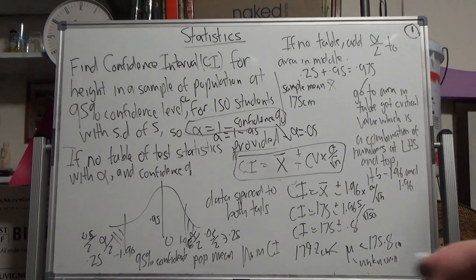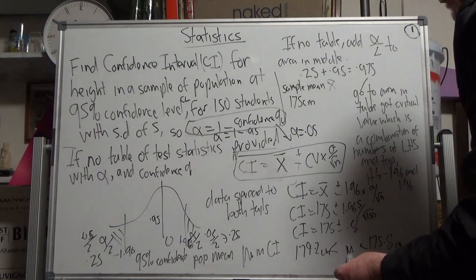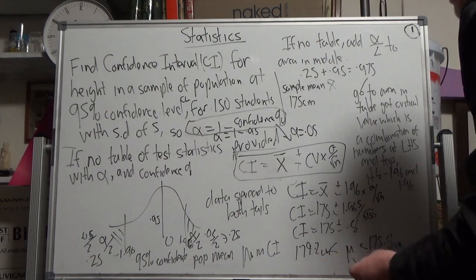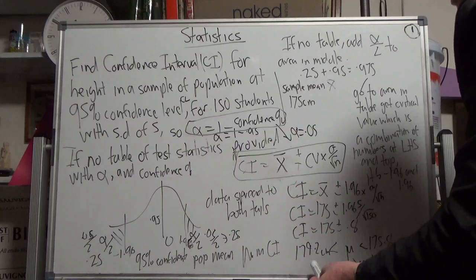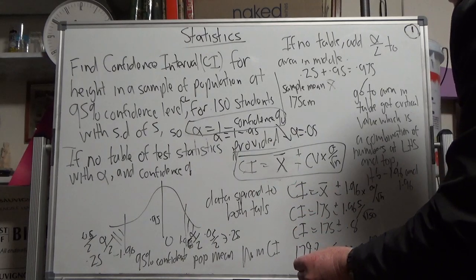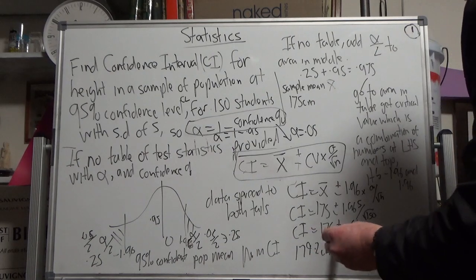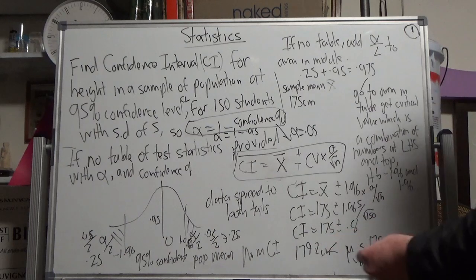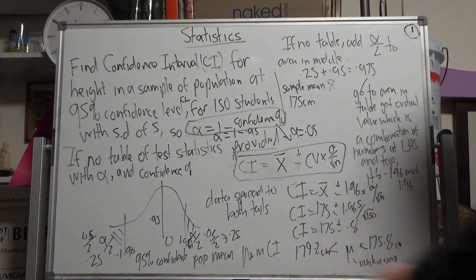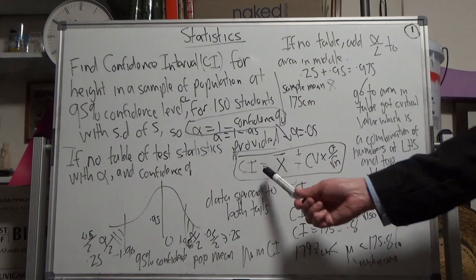and then the population mean, mu, will fall within this range. That is your confidence interval. So it falls between 174.2 centimetres and 175.8, because it's plus or minus, remember, an upper value and a lower value. So that's the critical value with that formula,